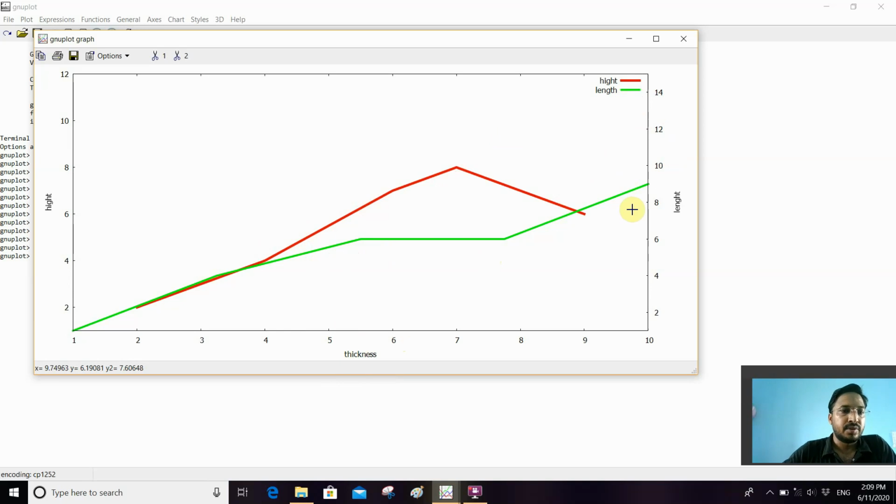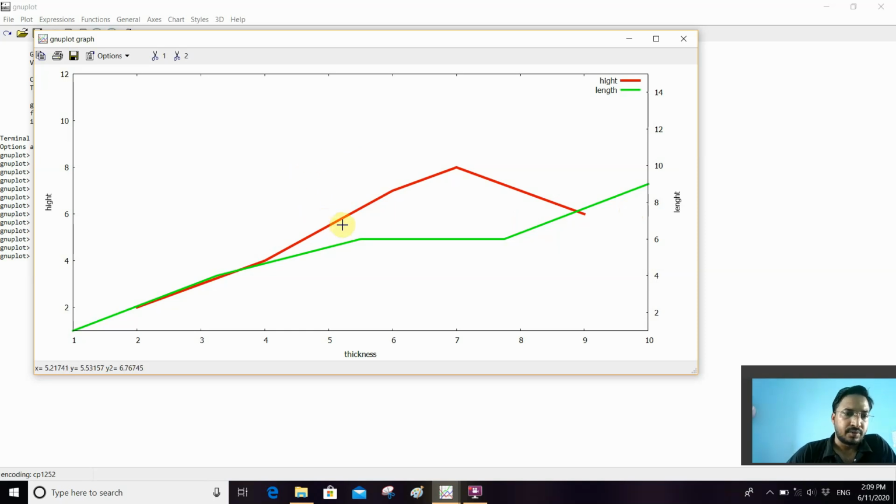Now we want to change the coordinate of the title, so we have to give a command for setting the title. Suppose we want the title to be placed about here; the coordinate of this point is about 5 comma 7, I think.